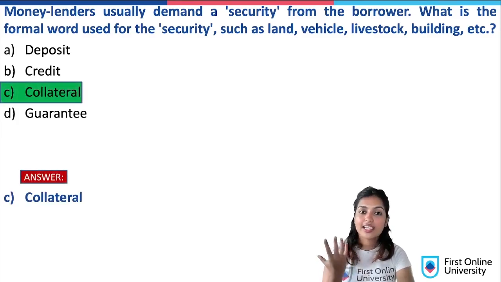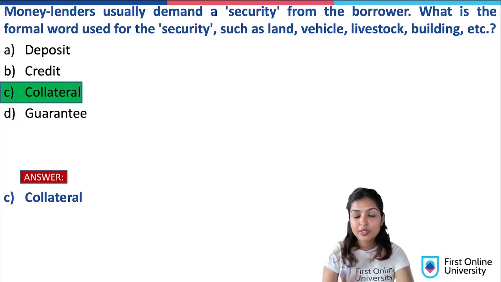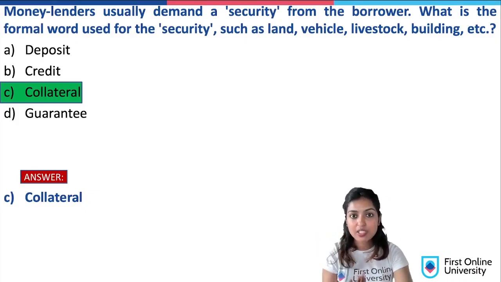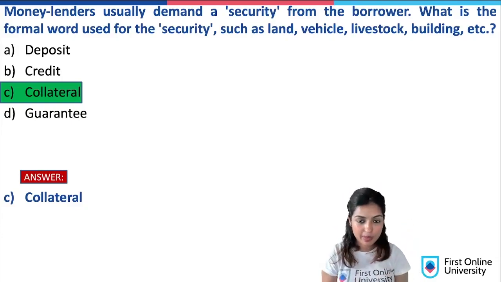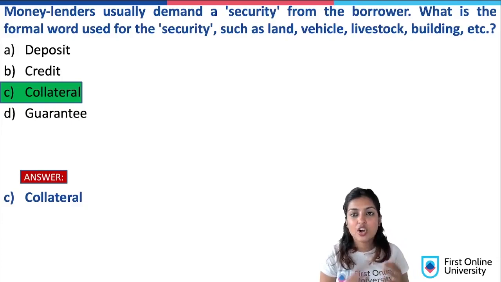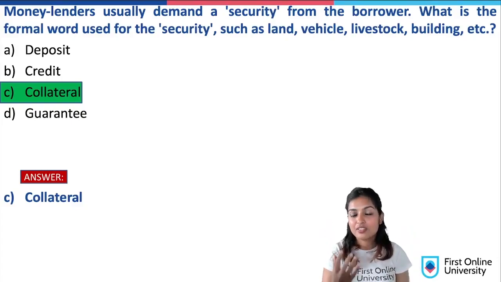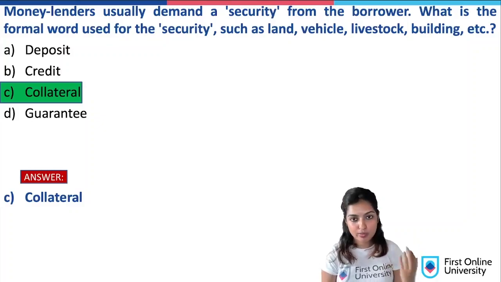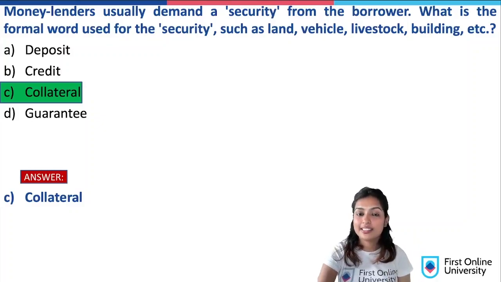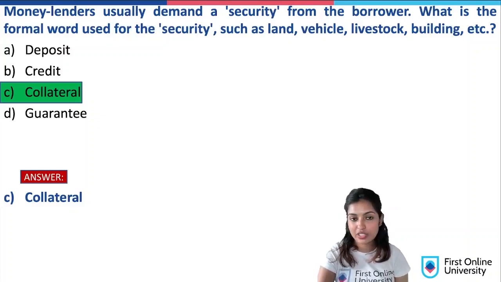So it is a kind of security that is preferably materialistic, which is tangible, which you can see. That can be in terms of land, a property that you have, any kind of car, any cows, buffaloes, etc., or a building. So you can give these to the bank in the name of the bank and avail a loan, so that in the future, if you default and do not pay the loan that you've borrowed, the bank will seize the collateral that you have given to them.